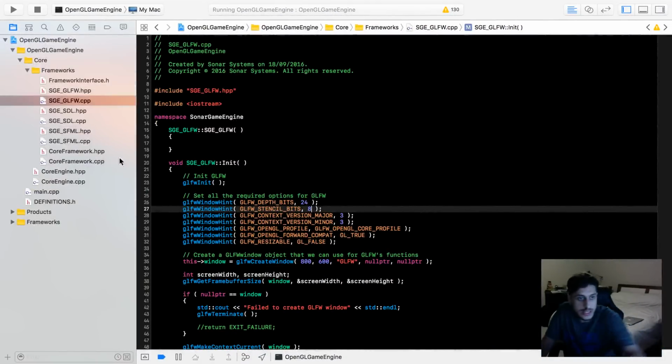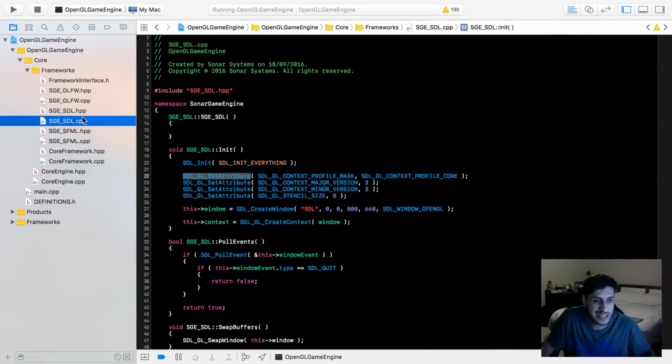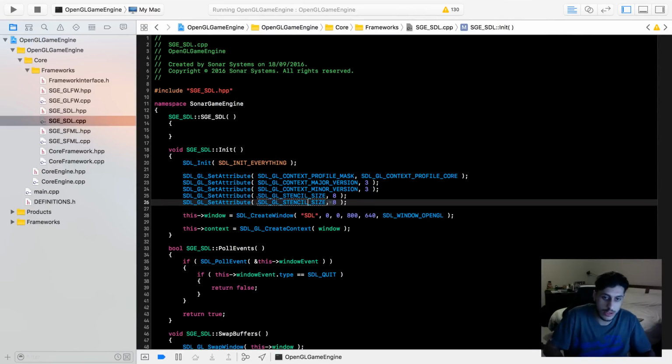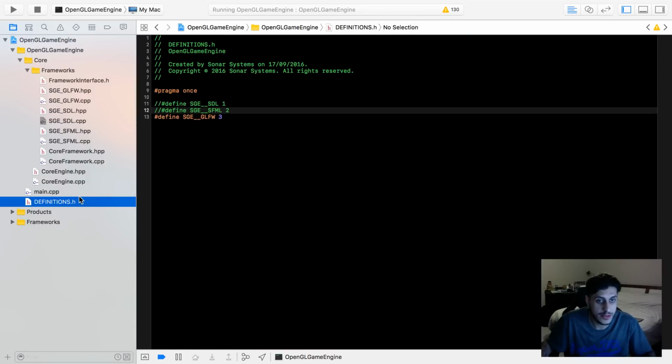Do the same for SDL, just so it's essentially on the same playing field. Okay, we've already got the stencil. I'm going to put the depth. Now, if they actually have a depth, do they? It would appear so. So if I were to go to definitions,